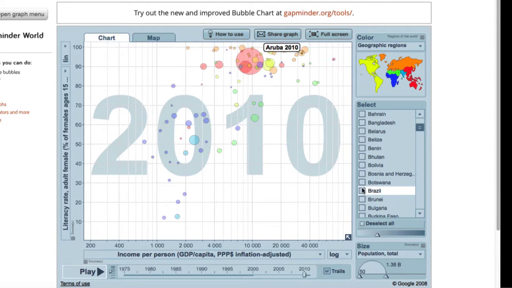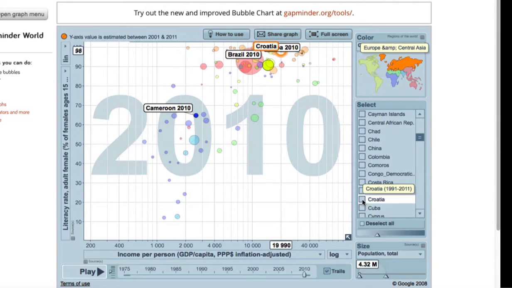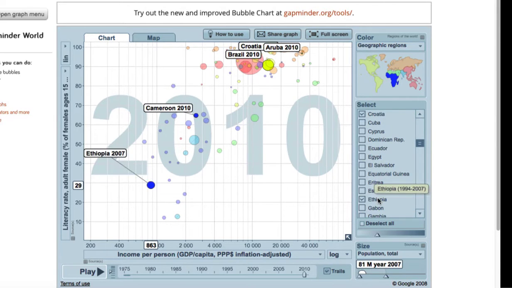Let's say I've also done Brazil and Cameroon and Croatia. So we got a lot of higher income. Let's get a few. Let's see, Ethiopia and Haiti.